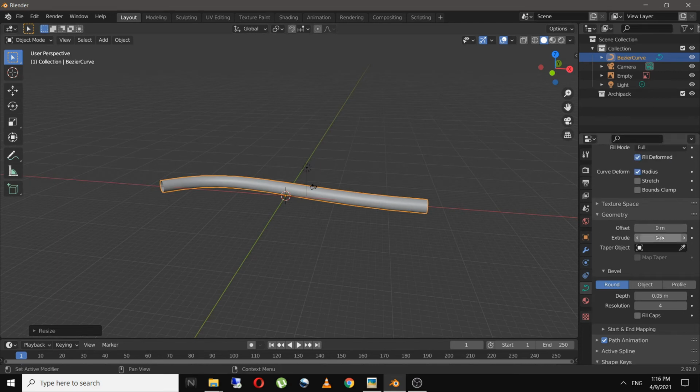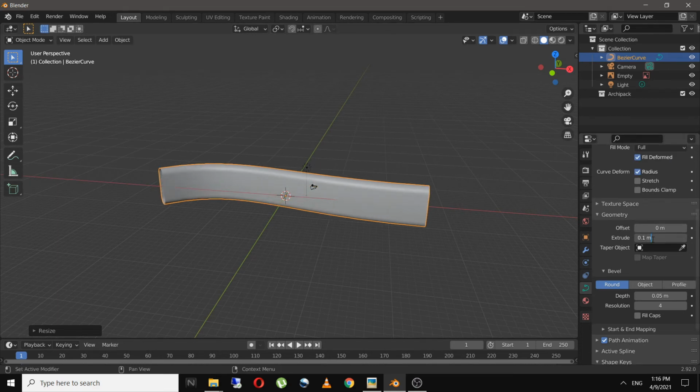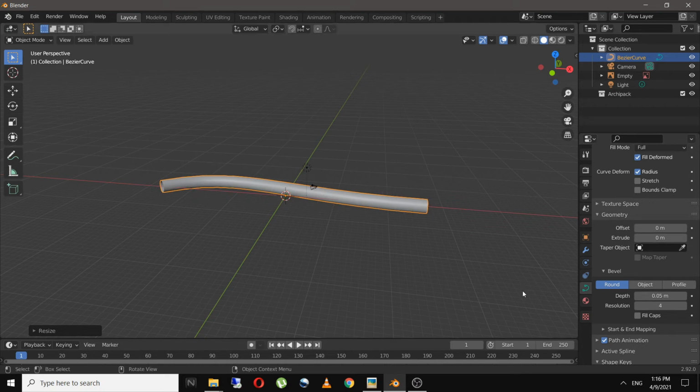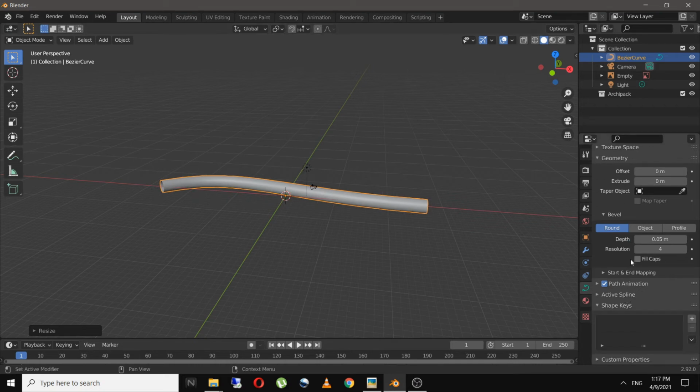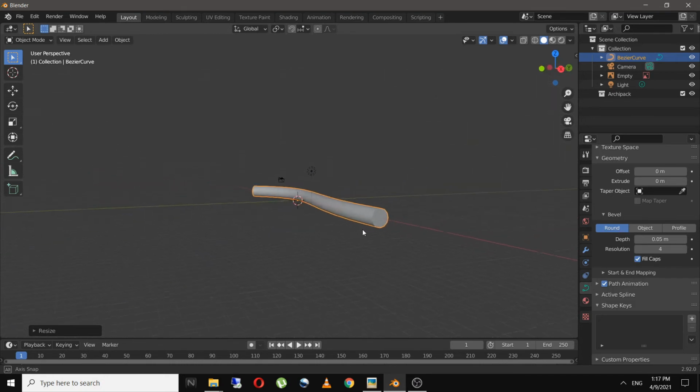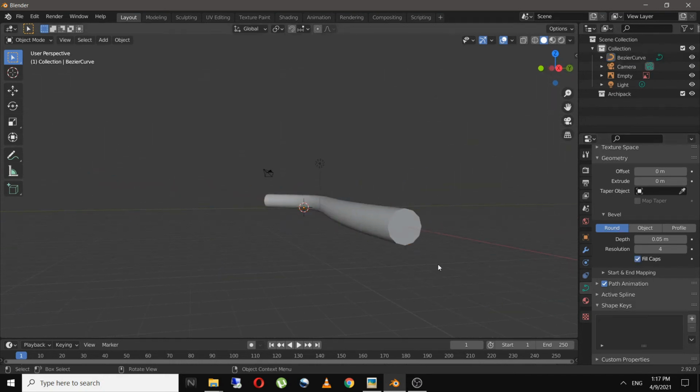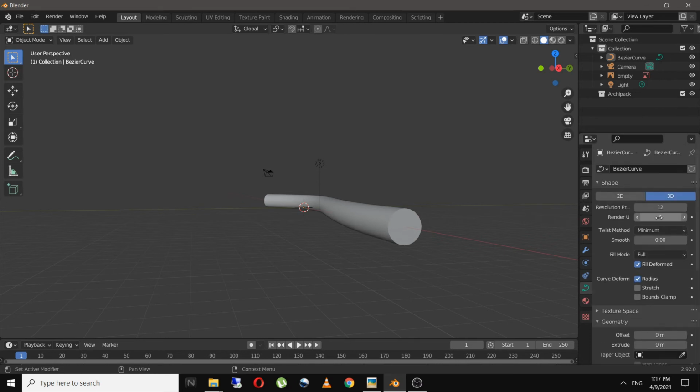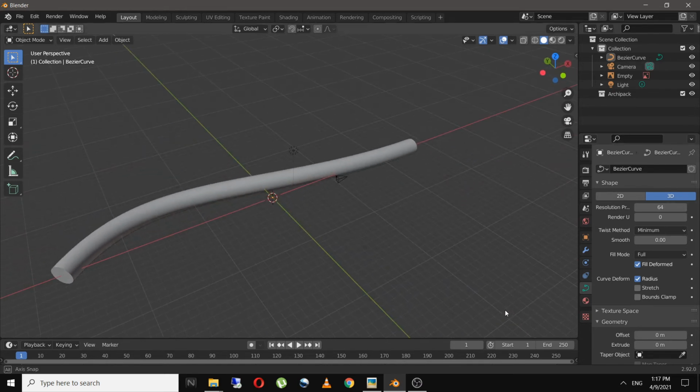So with this, you can make geometries like wires or pipes. You can enable or disable the fill caps, and if you play with the resolution, you can see the mesh will be looking better now, and you can change this resolution as well to smoothen out the curve. So this is another very handy trick.